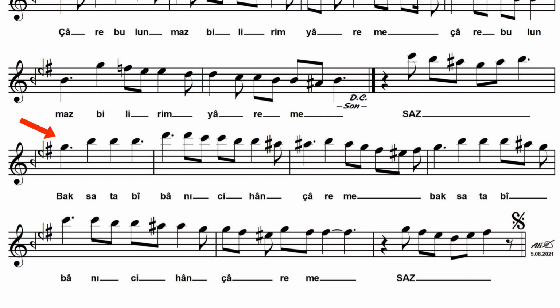So let's have a look at this piece. Sol, si, re, do, si, la, si. This part is Segah, definitely. Then la, sol, fa, mi, fa. It goes to H. Then sol, si, la, sol, do, si, la, sol, fa, mi, sol, fa. It goes to H, as you can see. Why does it go back to H? Why not go to Gerdaniye?